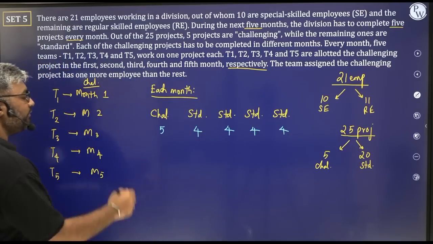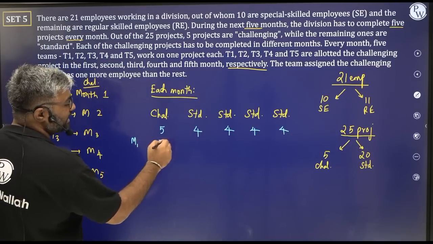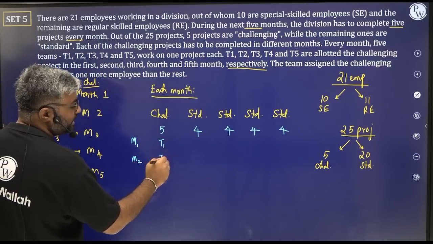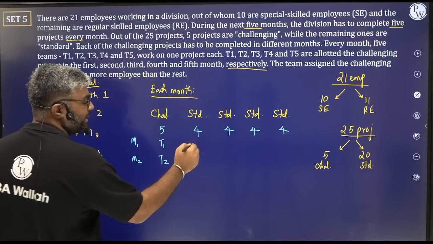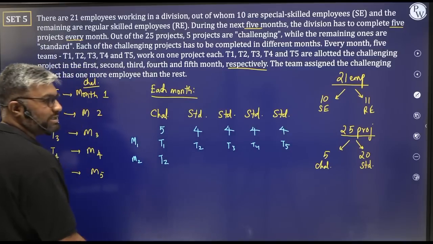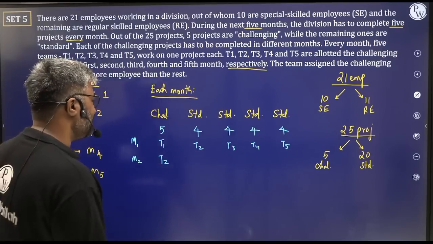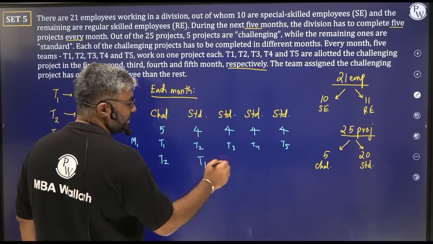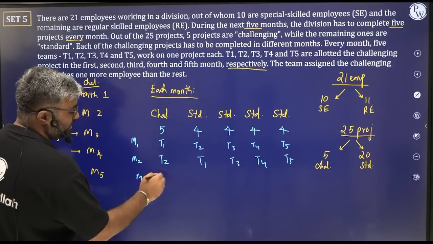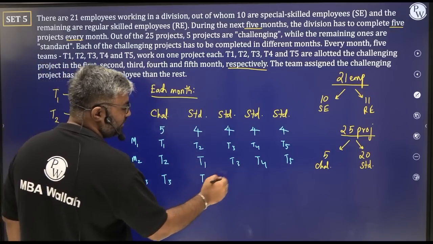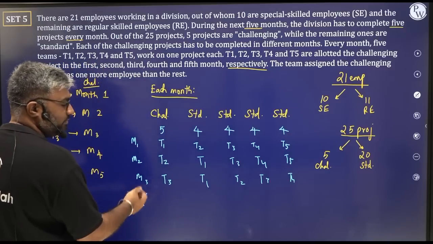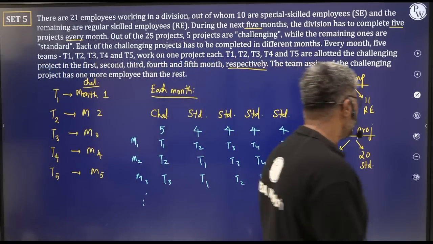Yeah. मतलब क्या? फर्स्ट मंथ में this will be team 1. This will be 2, 3 and 4. Second month में this will be team 2, this will be the remaining teams, right? 2, 3, 4, 5. I'm just showing this to you so that you understand the situation. Question में अलग ही सीन चल रहा है, ठीक है सर? Team 2 this will be the remaining. Team 3, Team 4, Team 5. The third month में this will be Team 3 and this will be the rest. Team 1, Team 2, Team 3, Team 4 and so on, ठीक है? And so on. Month 4, month 5, I think you can figure out.